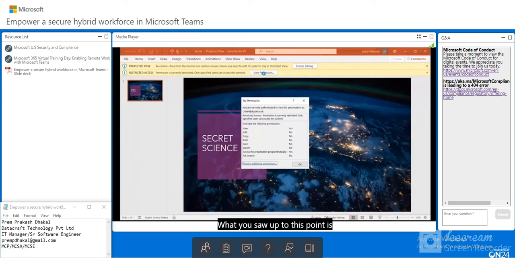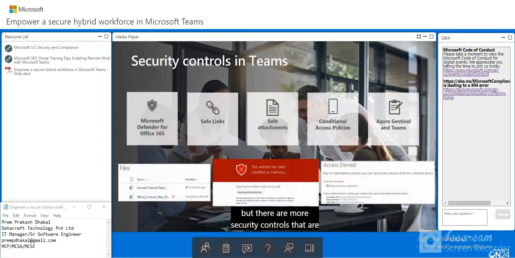So what you saw up to this point is a lot of our built-in capabilities to protect sensitive pieces of content and even protect the meeting experiences. But there are more security controls that are built into Teams meetings and Teams in general itself. We've got Microsoft Defender for Office 365 that will help ensure that malicious files and links and documents that may have malicious items in it are protecting your user experiences to prevent things like encrypting all your files or ransomware